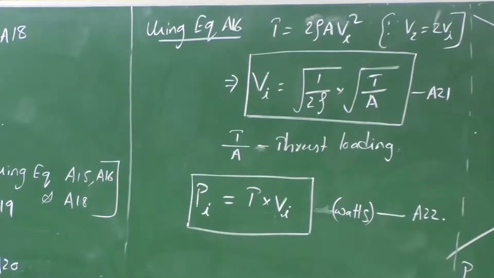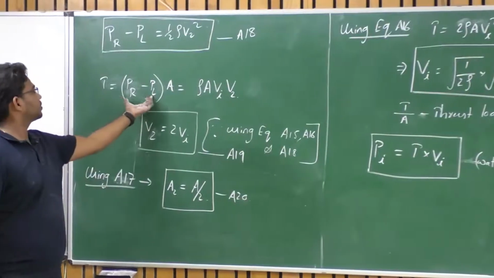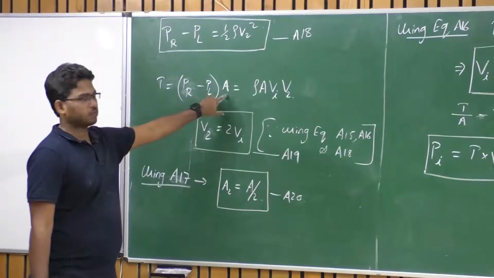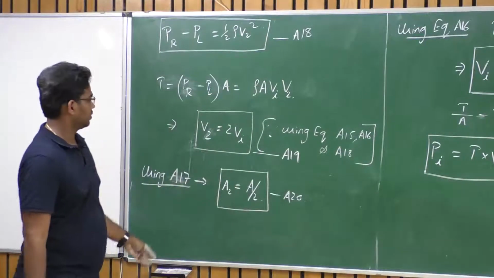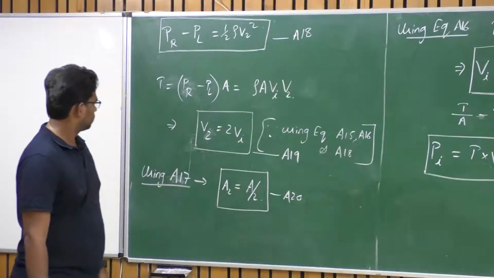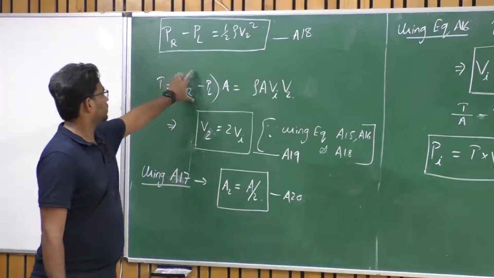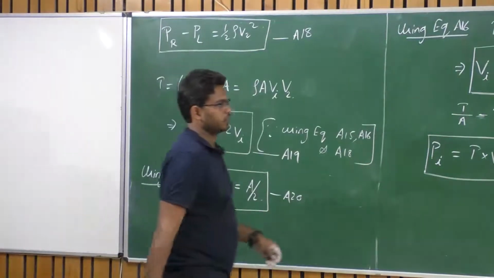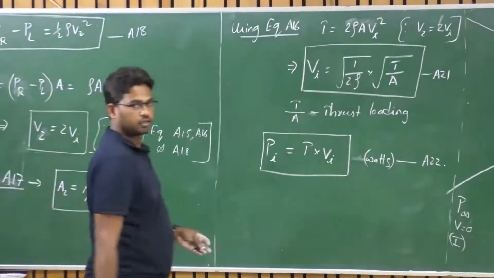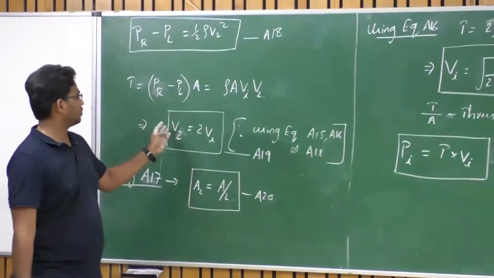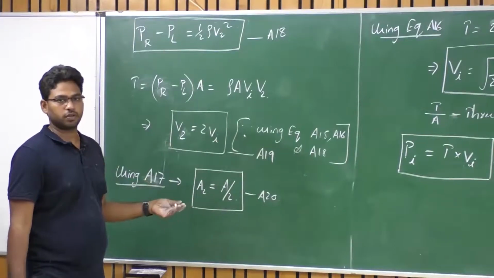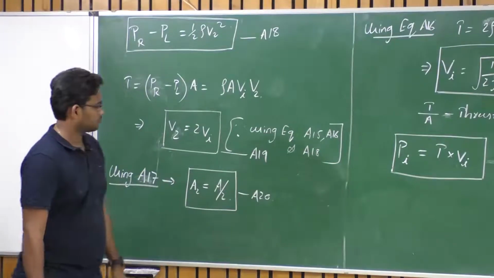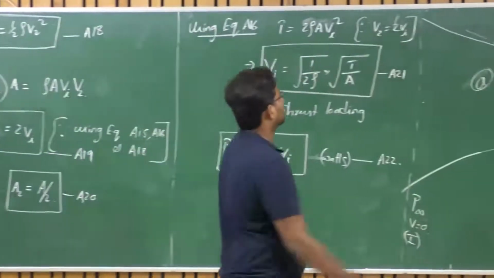Fine. So that means in order to generate a thrust T, I need to produce this much of pressure difference across a disk of cross-sectional area A. And if I produce this much thrust or pressure difference, it creates a velocity downstream where the pressure equals P infinity, right? So it induces a velocity of twice that of the induced velocity. It accelerates the flow at this particular velocity, right? So it is worth noting down